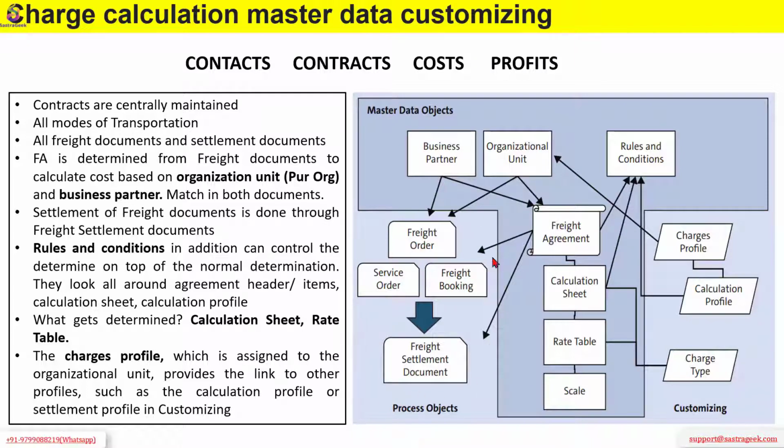So these are the process objects, which are documents. And on the very top, you have the business partners, the contacts. And then we talk about the organization units, the purchase organizations or sales organizations, which will be one party of a contract. Apart from this, you could have rules and conditions based on which